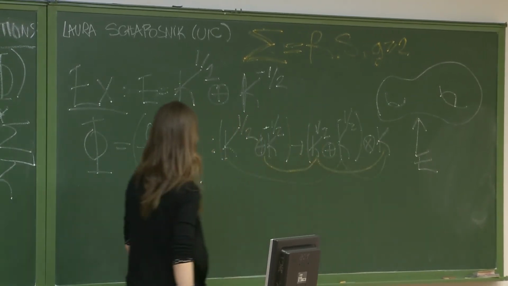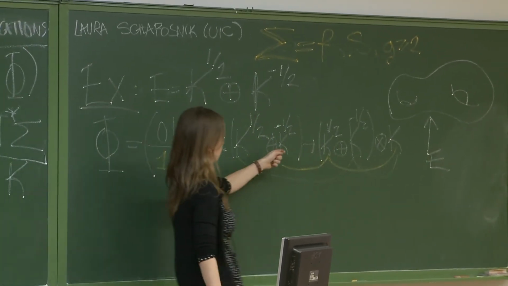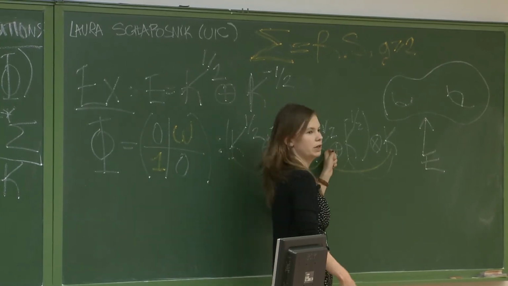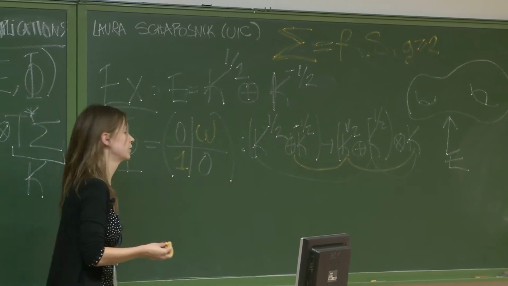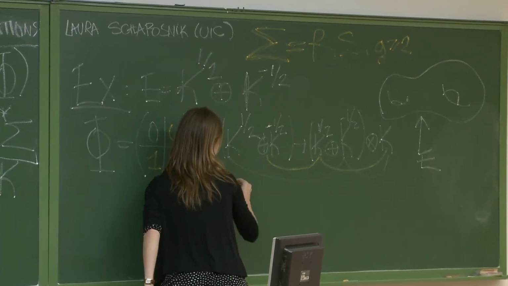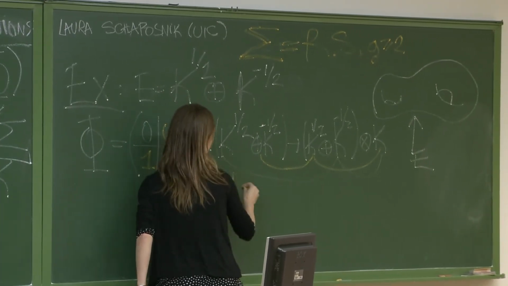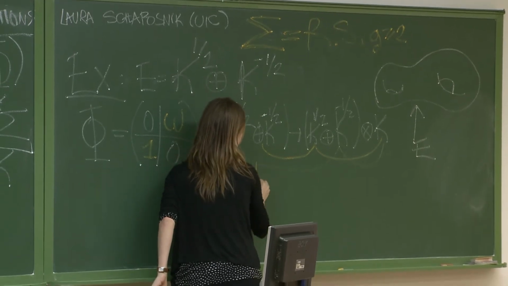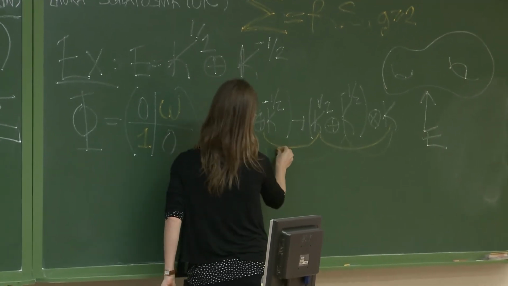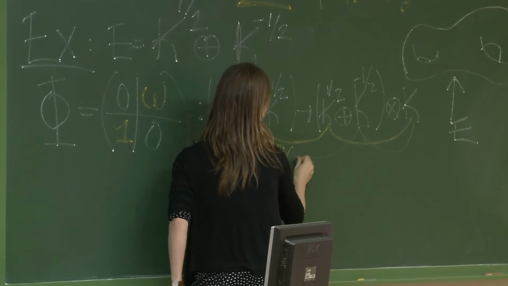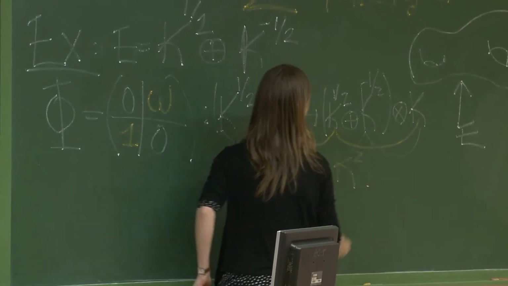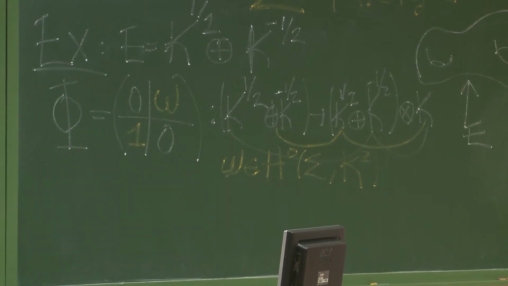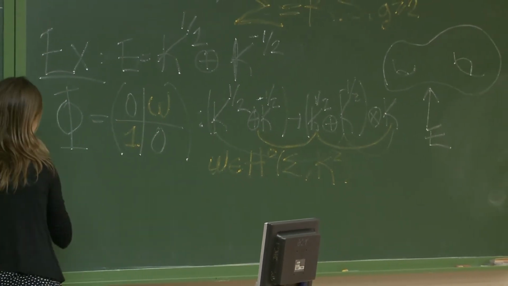And what you can see here is that this omega that sends k to the minus a half to its dual tensor with k is really a quadratic differential. So this omega is a quadratic differential on the Riemann surface. So it's a point in the 0th homology of the Riemann surface and k squared. So a quadratic differential. So this is a family of Higgs bundles,